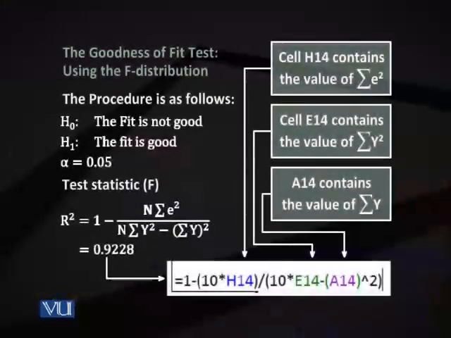So the procedure for the F test or the goodness of fit test is that you have a null hypothesis. If you remember, the fit is not good. An alternative hypothesis, the fit is good. Then an alpha, which is 0.05 over here. A test statistic which states that F is based on the value of R square, as you can see in the slide. You can compute R square as 1 minus n into summation E square over n summation y square minus summation y whole square, which gives you